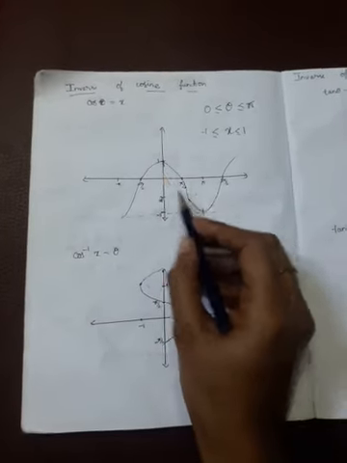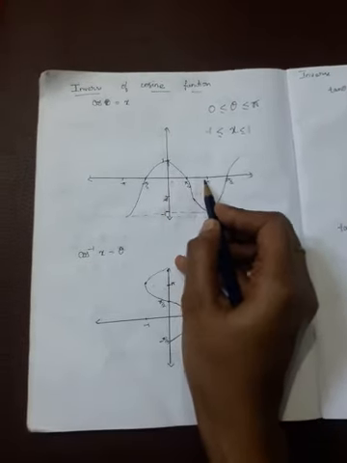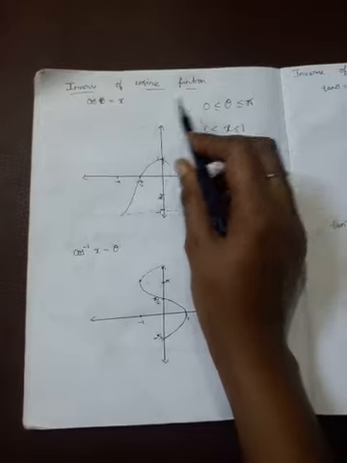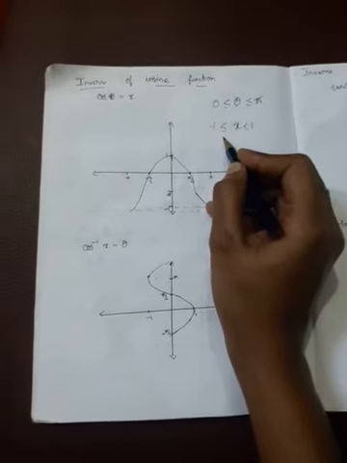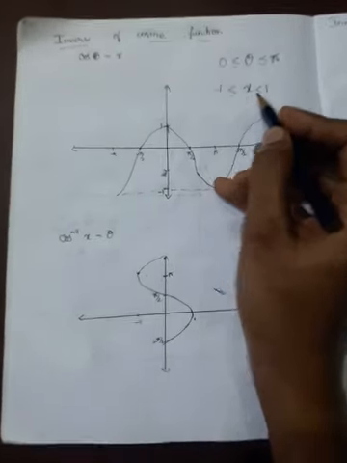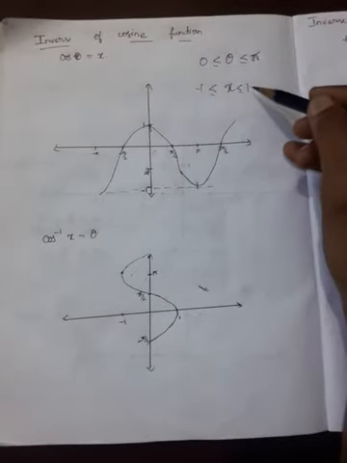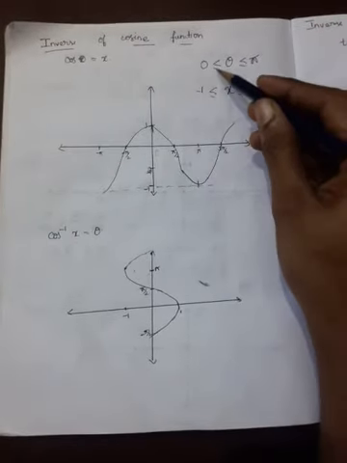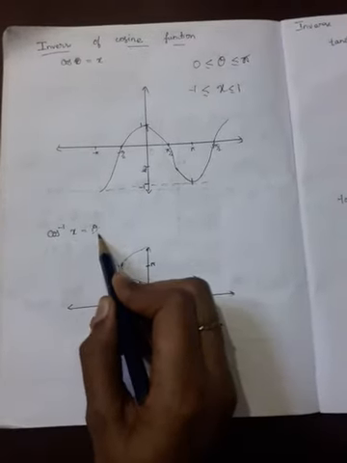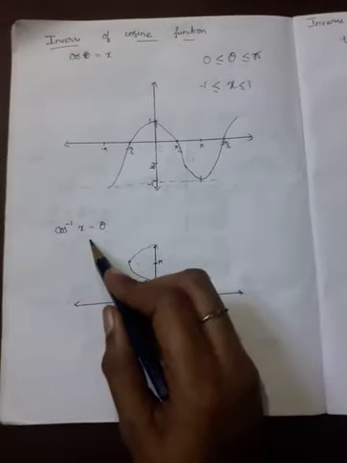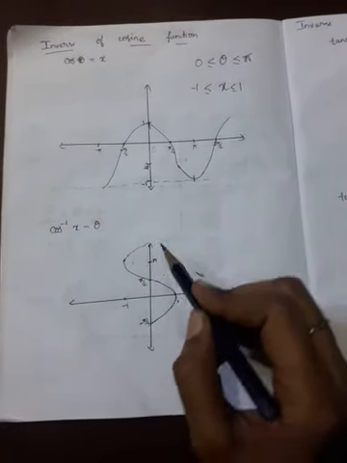We have to restrict the theta value again, that is 0 to pi. In a cosine function, we are restricting theta from 0 to pi, and our codomain value is minus pi by 2 to pi by 2. So x value is minus 1 to 1, and theta varies from 0 to pi. In the inverse, we know that our domain is x and codomain is y. And x varies from minus 1 to 1 and theta varies from 0 to pi.